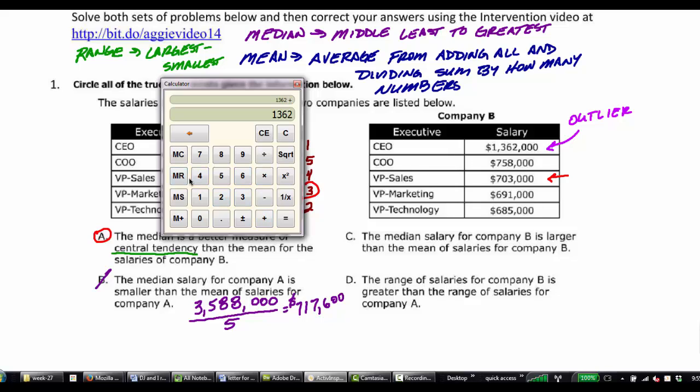1362 plus 758 plus 703 plus 691 plus 685. There goes the school bell. Plus 685. So I get a total of 4,199,000. I'm going to divide that by 5, and I get